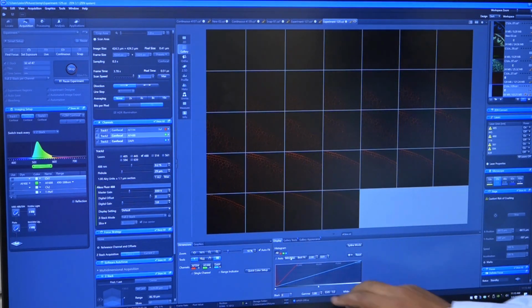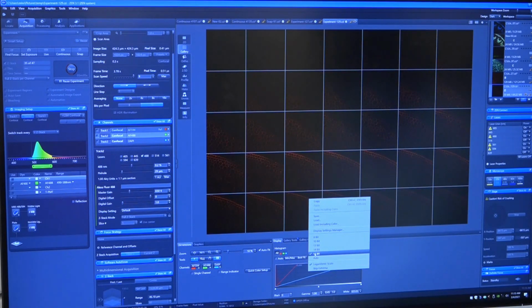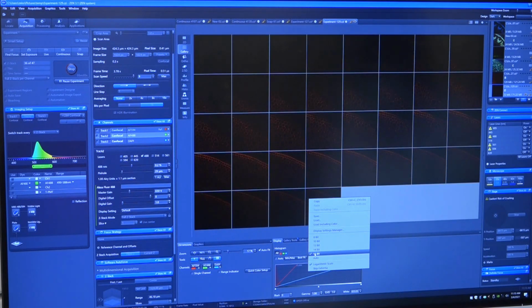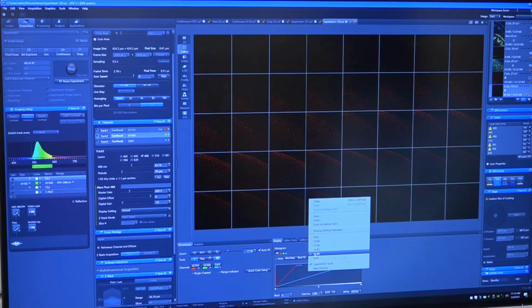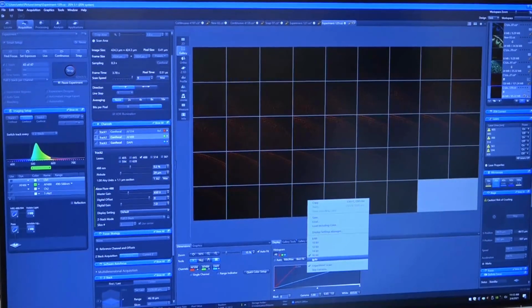This histogram will tell you the signal intensity. As you can see, if I right click here, it is being taken at 16-bit. This 16-bit distribution you can change also, but depending on the signal to noise ratio, this will automatically come. Most of the time it is either 16-bit or you can keep it at auto.